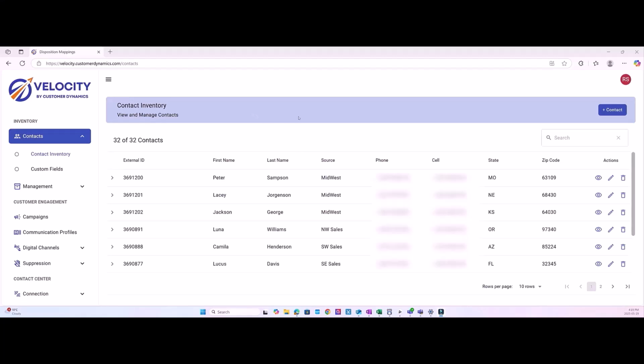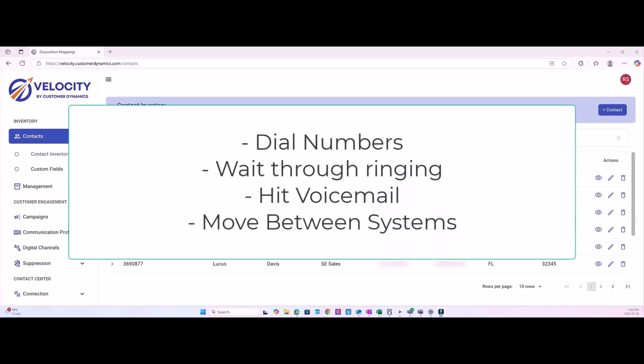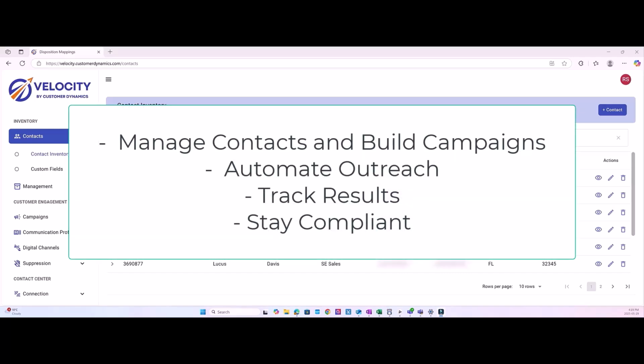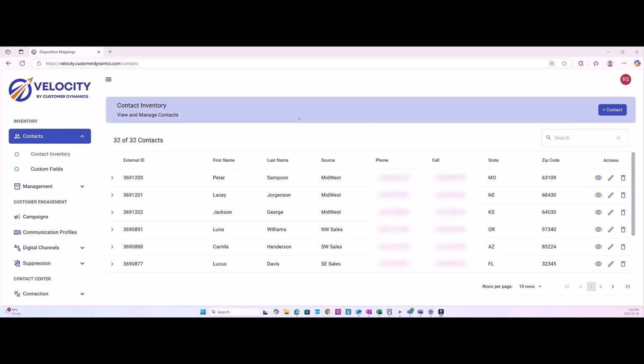In a manual dialing environment, agents spend too much time on work that doesn't create conversations. They dial numbers, wait through ringing, hit voicemail, and move between systems, just to complete one outreach attempt. Velocity changes that, by giving teams a structured way to manage contacts and build campaigns, automate outreach, track results, and stay compliant. Instead of relying on clunky manual processes, contact centers can run outbound engagement in a more controlled, measurable,